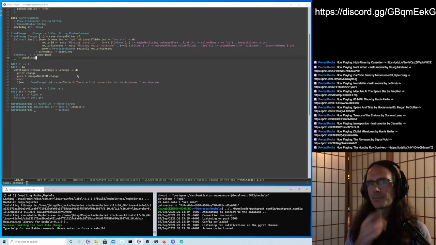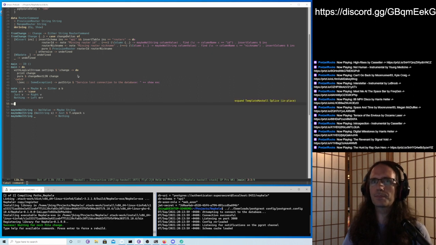Okay. So what are we doing here? We're basically trying to get a column value out of the list of columns. So really, we could call it getColumnValue.